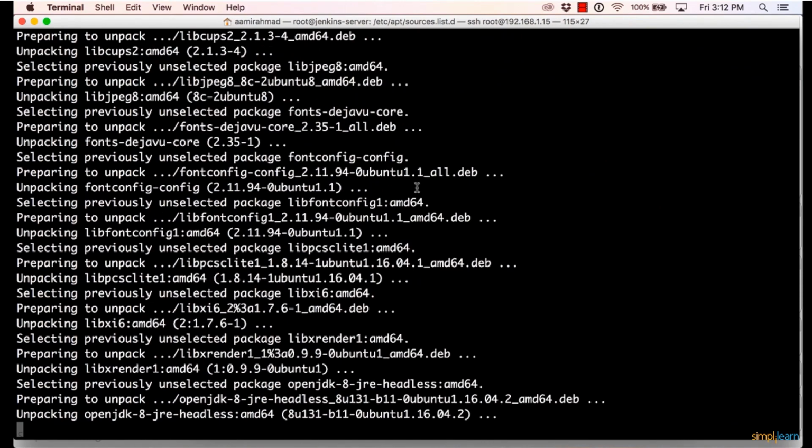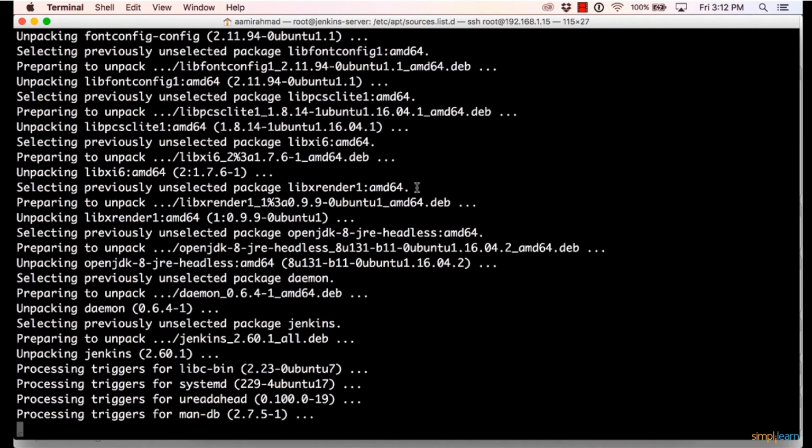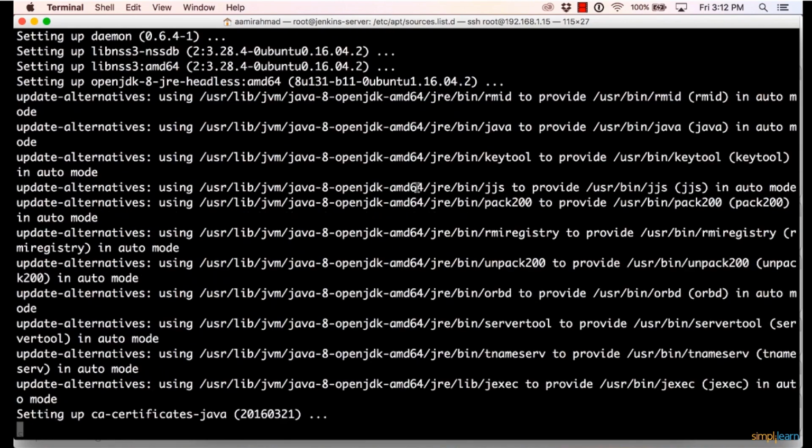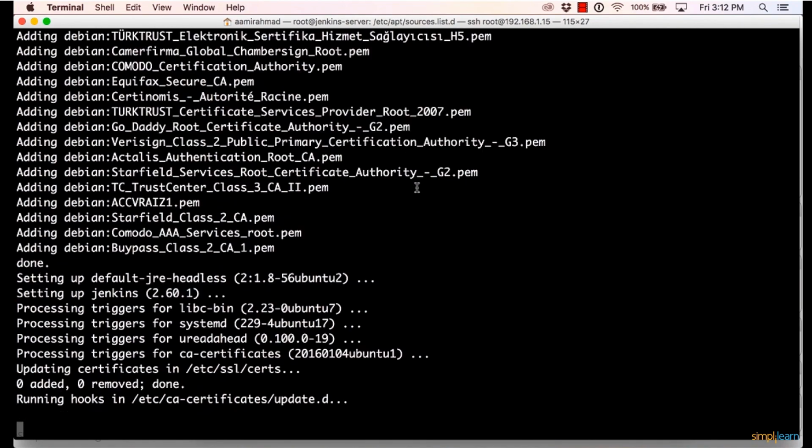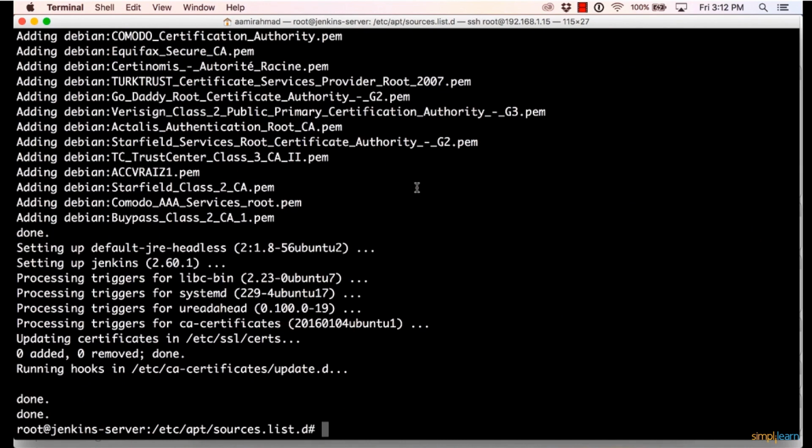So the download is completed and it has started to unpack the software. It's unpacking Jenkins and all the dependencies and installing them automatically. Now, Jenkins has been successfully installed on this machine, and one of the features of Debian is that it automatically